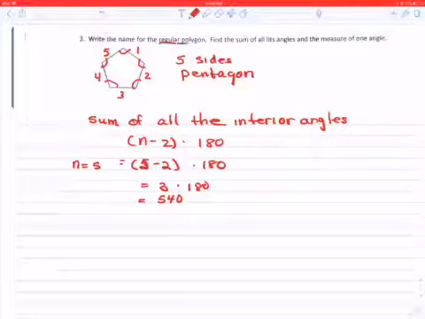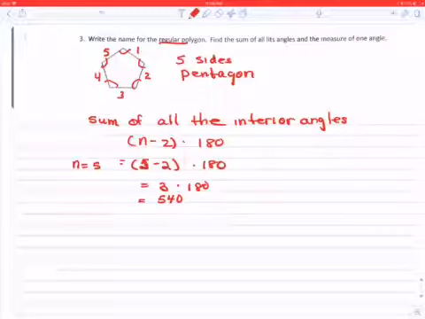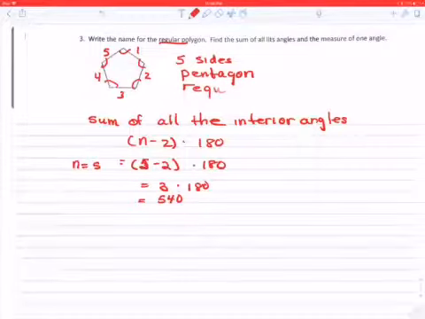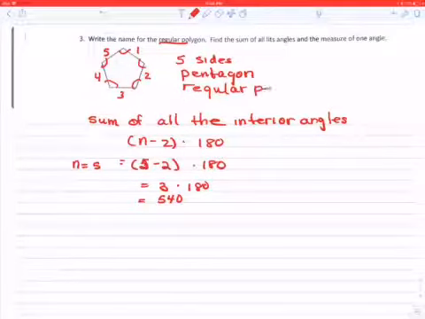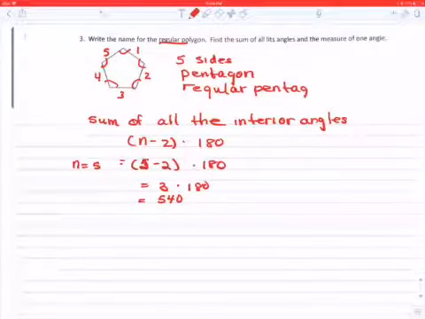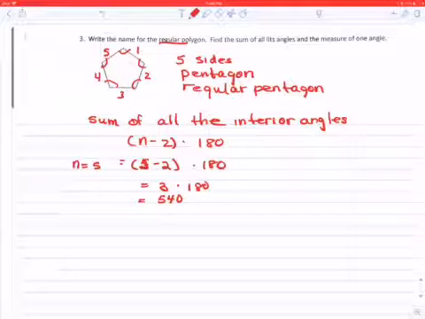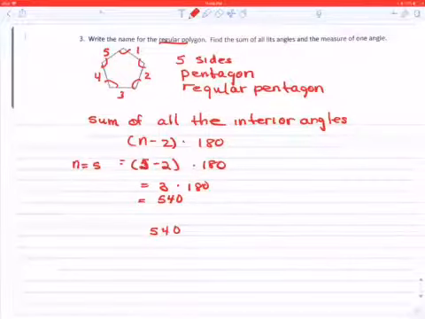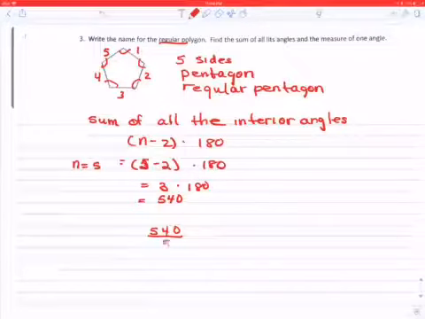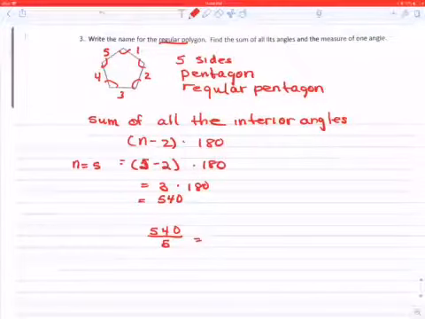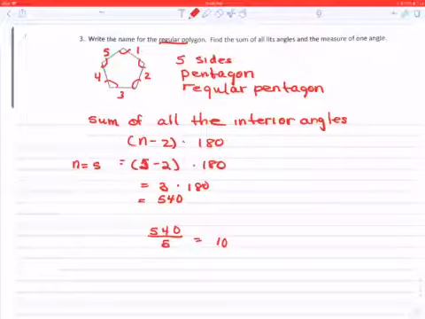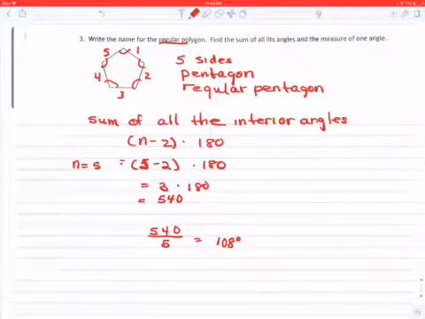And since it's a regular pentagon, all the angles have to be exactly the same degree measure. So I'm going to take the sum of all the interior angles and divide it by 5. So that any one angle